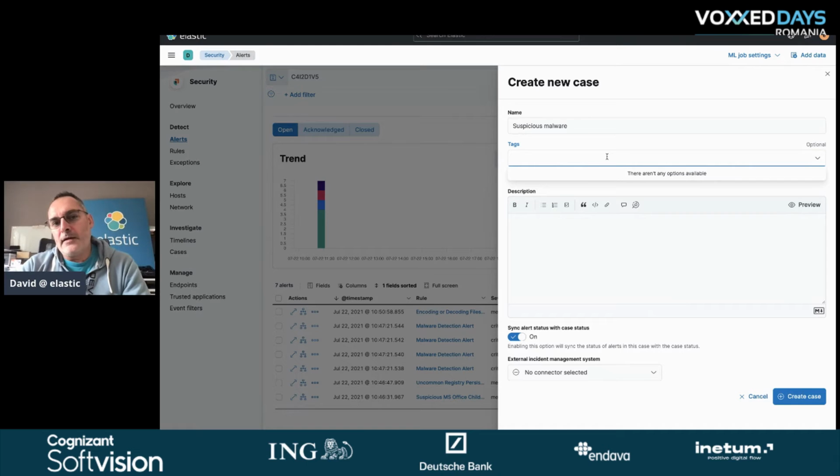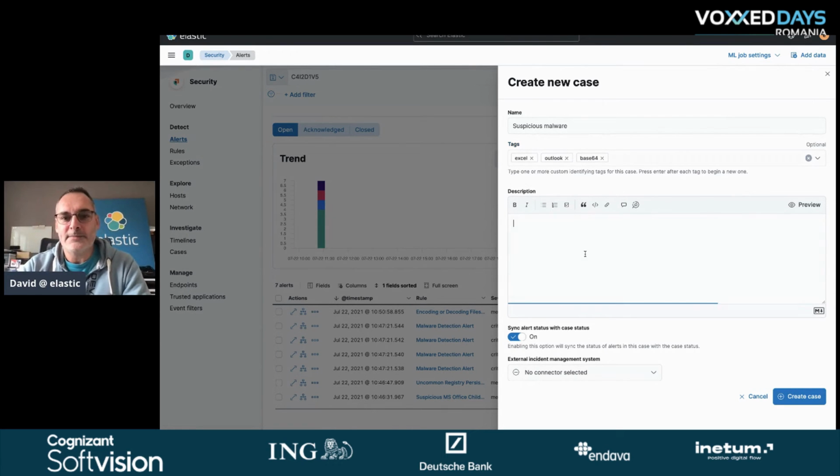So tags are super helpful when you want to then search for threats. And you can say, for example, that this problem is coming with Excel, with Outlook, and this is, I don't know, base64 encoding or something like that.